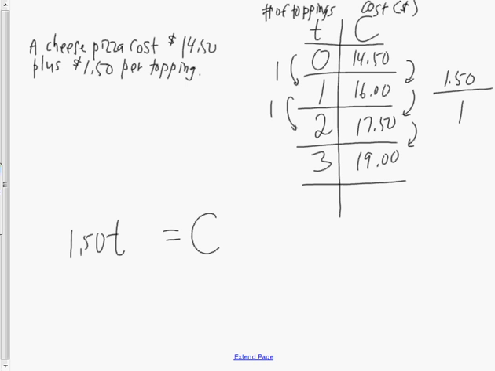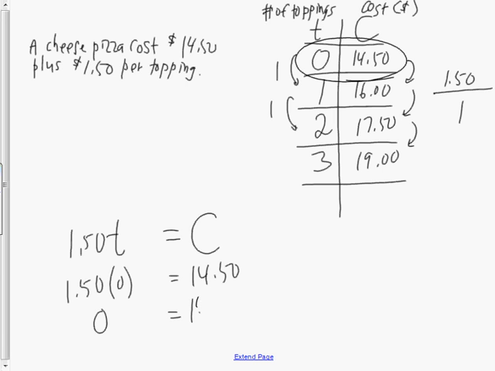Now, even though I know what my constant is going to be, I'm actually going to substitute. So I'm going to take the first value here. T is 0, so I'm going to substitute 0 for my T and $14.50 for my C. $1.50 times 0 toppings is 0. I'm going to check to see if they're equal. 0 does not equal $14.50, so I require a constant of $14.50,